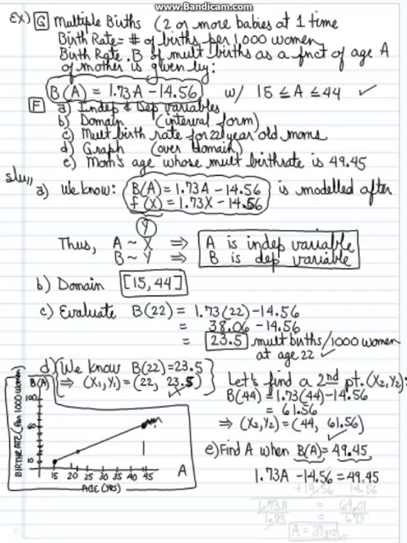We just need to solve this equation for a. First, we're going to add 14.56 to both sides. These will cancel. We get 1.73 times a equals 64.01. And then we divide both sides by the coefficient of a, 1.73. When we do that division, this cancels, and we get a equals 37, we round it